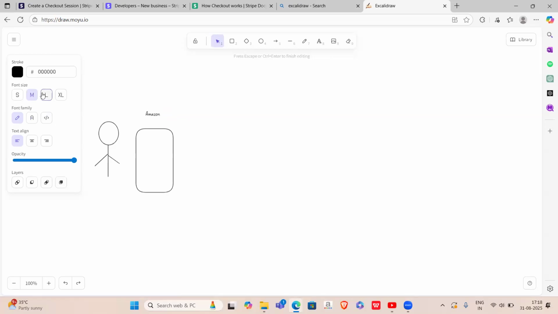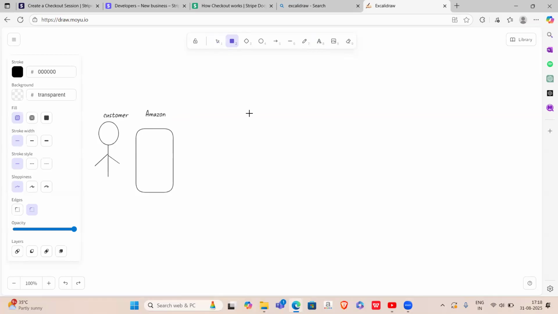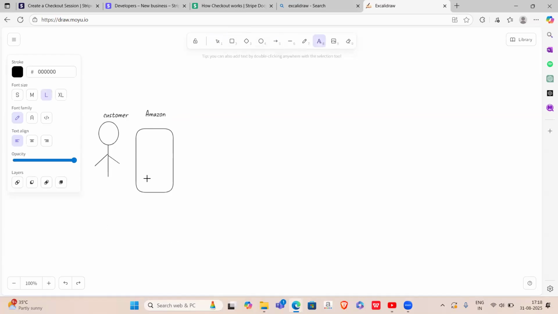Let me zoom in a little bit. So this one is our customer, and this is Amazon. When the customer wants to buy something,